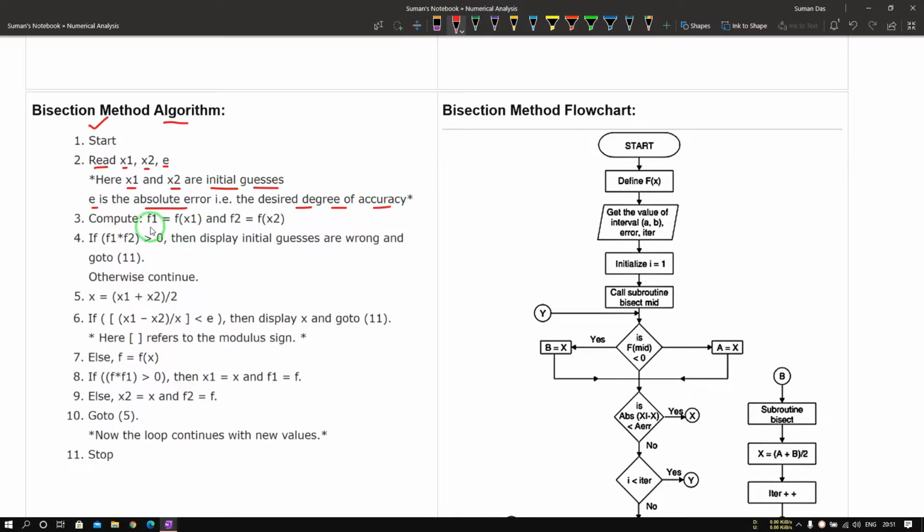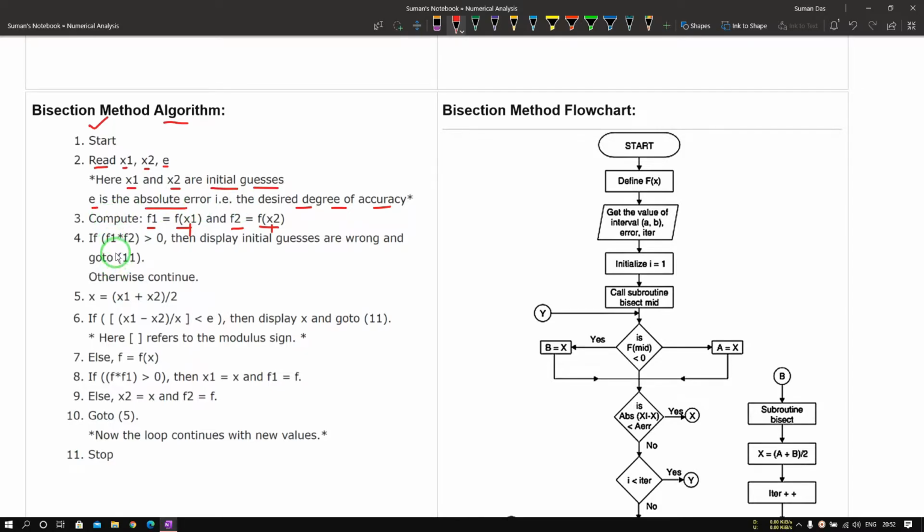Then we compute f1 as f(x1) and f2 as f(x2). That means the function, the algebraic equation or the transcendental equation, has been given. To find the root, we put the values of x1 and x2 there. If they are of opposite sign, then we can proceed. That means we are getting the range.